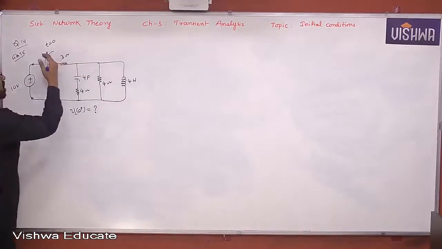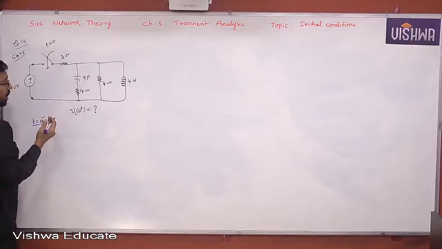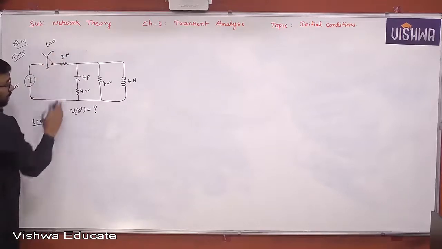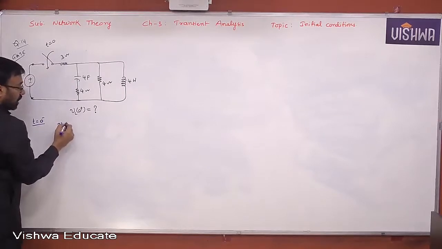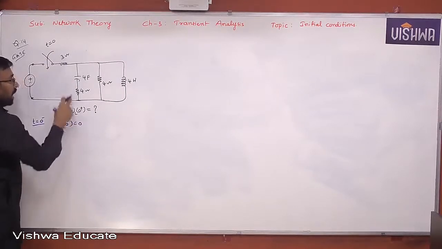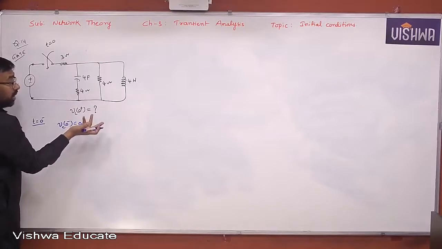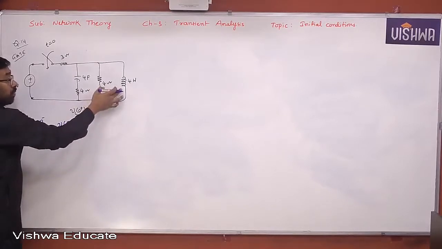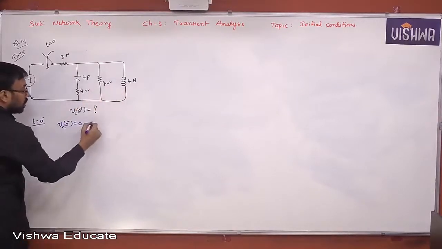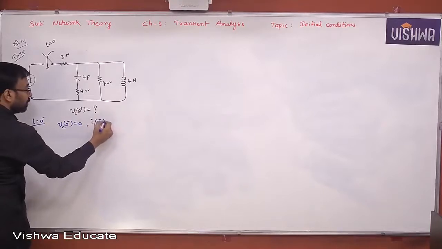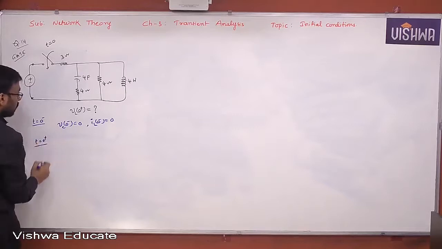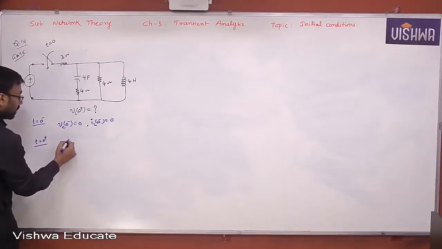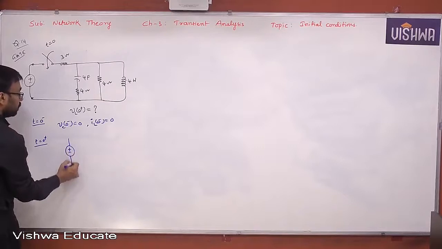So when the switch is in open condition, initially at t equal to 0 minus, switch is open, then can you charge the capacitor? No. So VC of 0 minus is how much? 0. And it was uncharged because no information was given on both inductor and capacitor. Therefore, IL of 0 minus is also 0. At t equal to 0 plus, you're constructing the equivalent circuit something like this. The switch is closed,